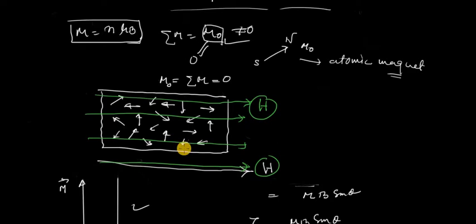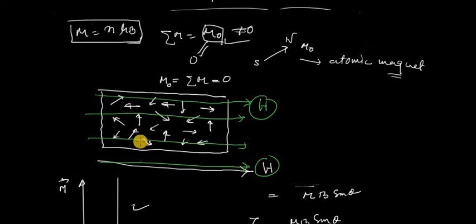If we increase the external field, the number of atoms aligned parallel to the magnetic field increases. That means if we increase the magnetic field, more and more atomic magnets align parallel to the magnetic field,